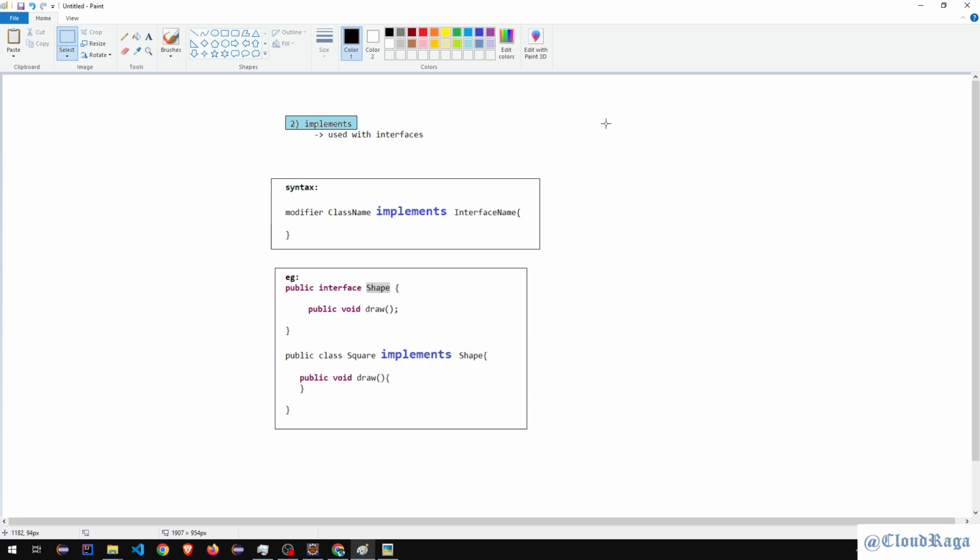Now we have some idea about how interface works. So here it is, the interface with implements keyword. So how you can write the syntax. It says modifier, the class name which implements interface, then implements keyword and the interface name which is going to be implemented by the class. That's the syntax. And if we talk about example, so that is public interface shape, and that's the method draw